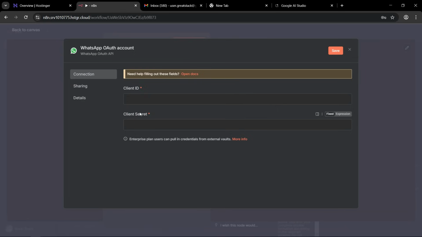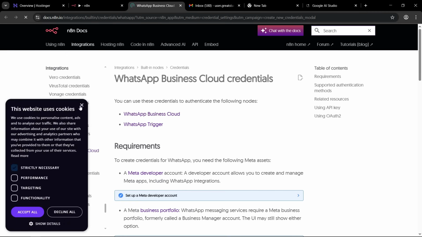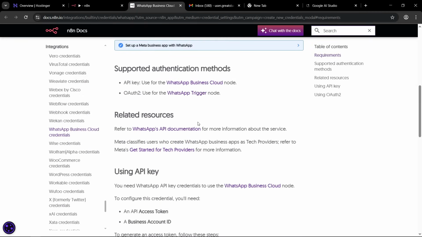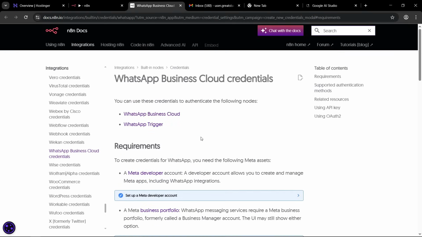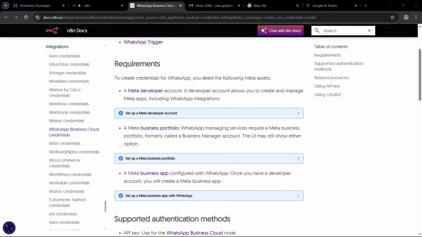Now to generate this client ID and secret, you can open this documentation. Here you can see we have the open docs. Let's click here. So here it will guide you to create the client ID and client secret. And let me show you the steps also. To use the WhatsApp API, you need to create the Meta developer account and business portfolio. So you can create the business account using the business.facebook.com,